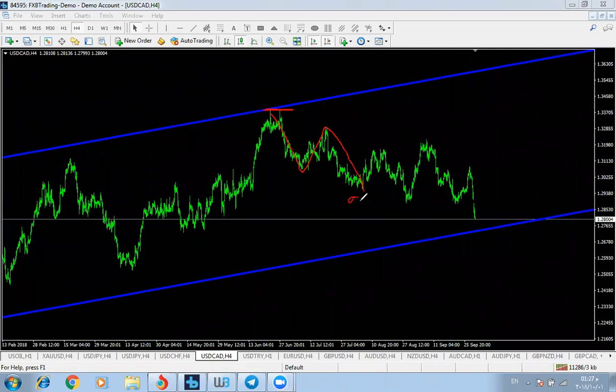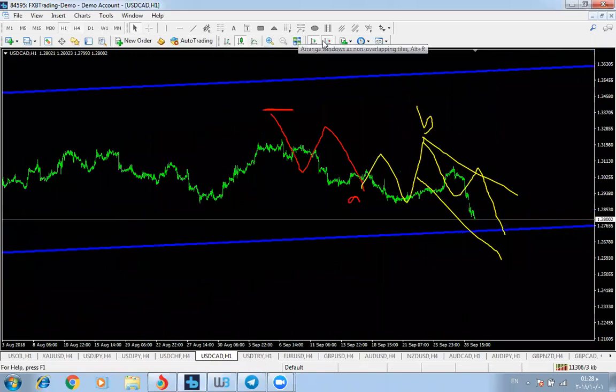which is A forming, and then we have ABC in the form of expanded flat, and now we having the last leg to the downside. We can short very carefully from this area, since the price might go to the upside at any time. I will show you